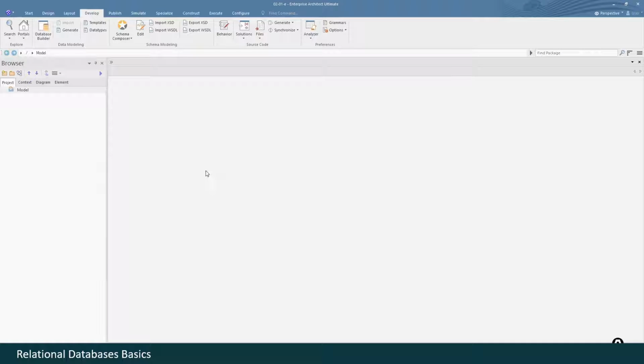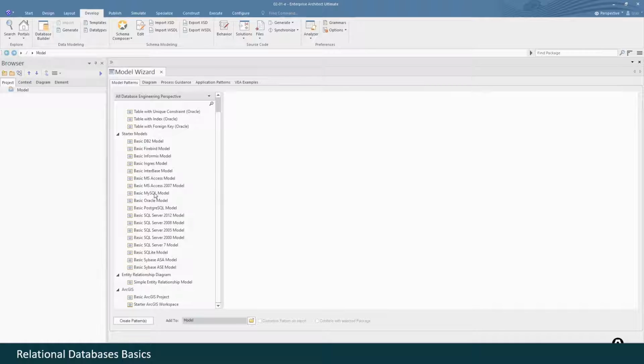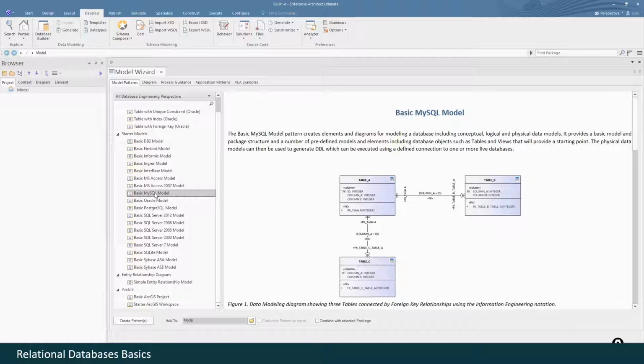So once you've started Sparx Enterprise Architect and created a new project, we have to perform some actions. First, we need to create a model using Wizard. Let's do it. Let's select Database Engineering here in the menu and scroll down for basic MySQL model.